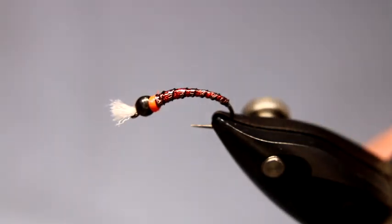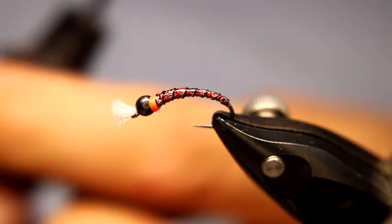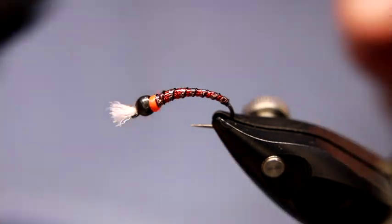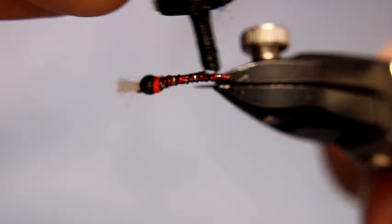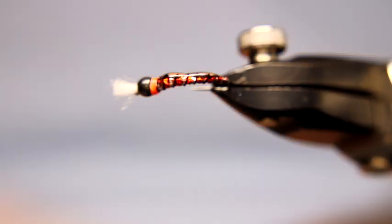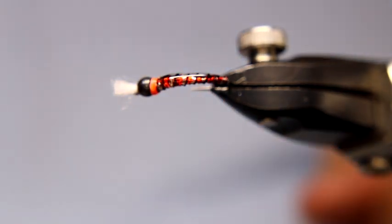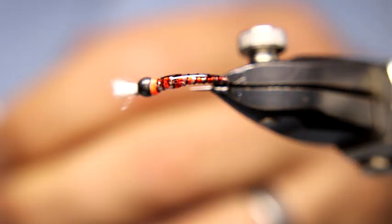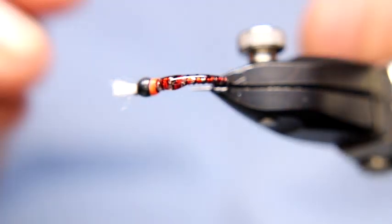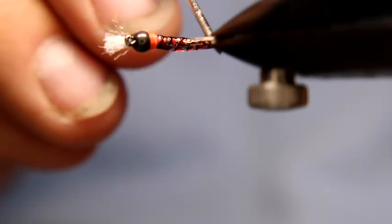I like the length of that Antron for the gills. Now a little bit of resin of choice. Mine's Gulf. Is my resin of choice. I really like the Semperfli resin as well, but I find that with the light I have, it doesn't cure that well. So I actually just got the Semperfli light a couple days ago, so I still haven't tried it yet. I should have maybe tried it with this one, but